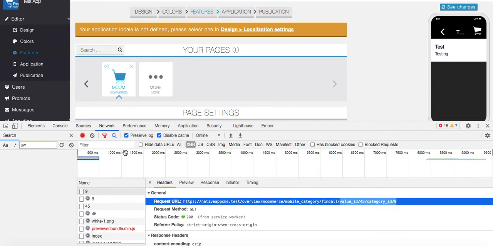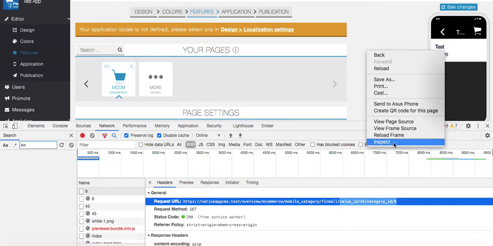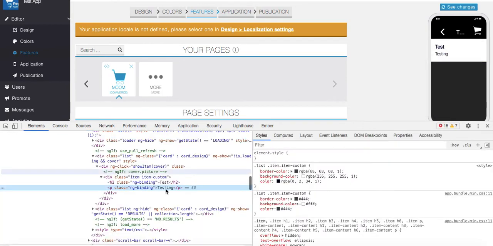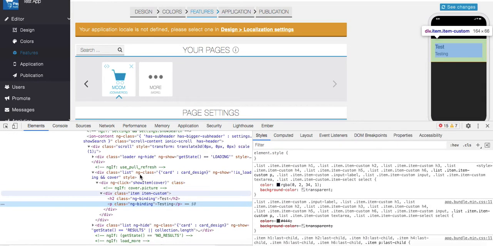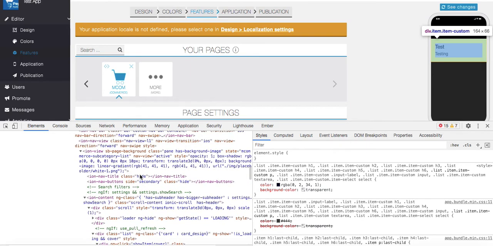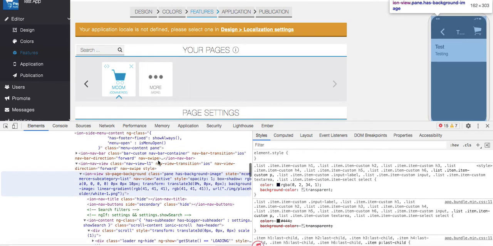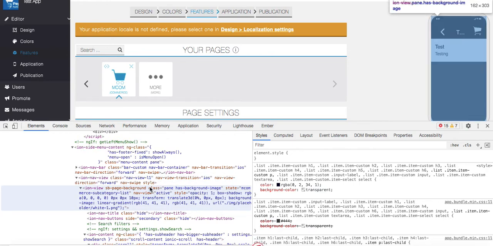Besides the parameters we got, there is one more thing that you need, which is the state name. So once you are on that page, this is the page which we want to link to. Click on inspect element again. Okay, and we have already copied the parameter, and now we are going to look for the ion-view tag.